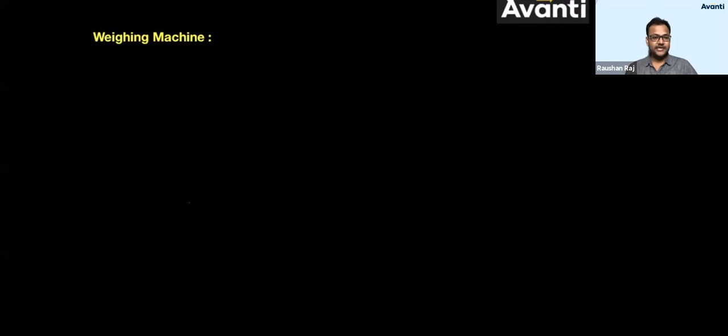Now guys, थोड़ा सा weighing machine के बारे में पढ़ते हैं कि what will be the normal reaction on the weighing machine, what will be the measurement on the weighing machine if it is accelerating upward or accelerating downward or at rest. तो हम क्या करने वाले हैं, we are going to take 3 weighing machines. ठीक है, मतलब एक ही weighing machine लेंगे, 3 अलग अलग conditions में we are going to observe it. This is the second one and this is the third one. तो third cases हम लोग ऐसे करेंगे.